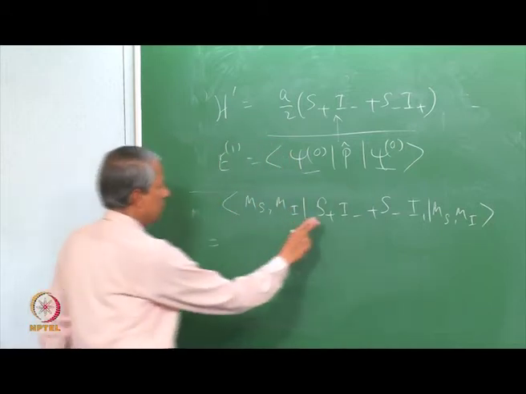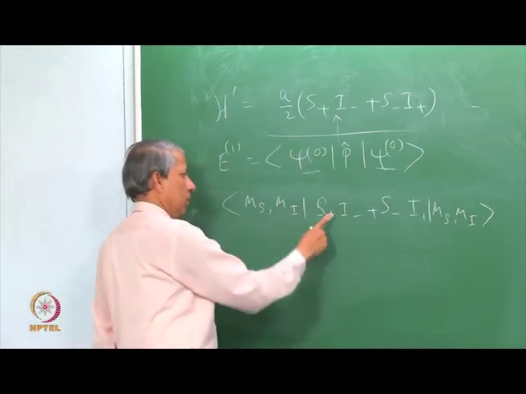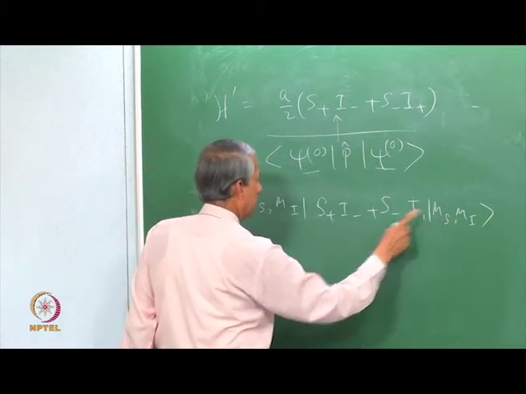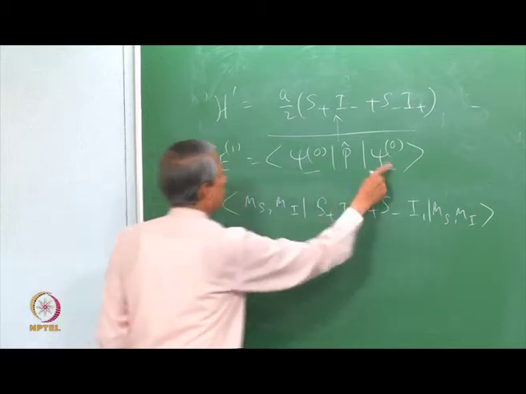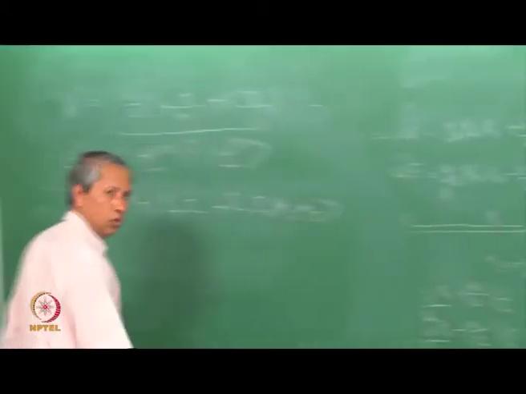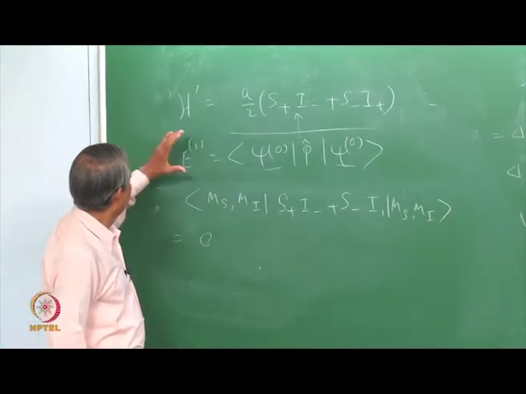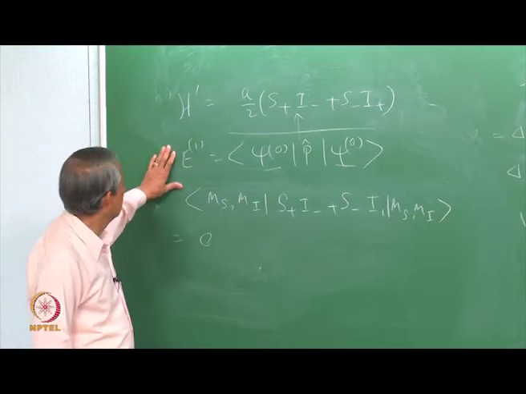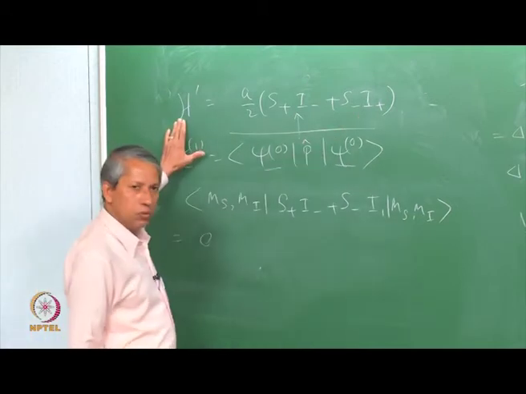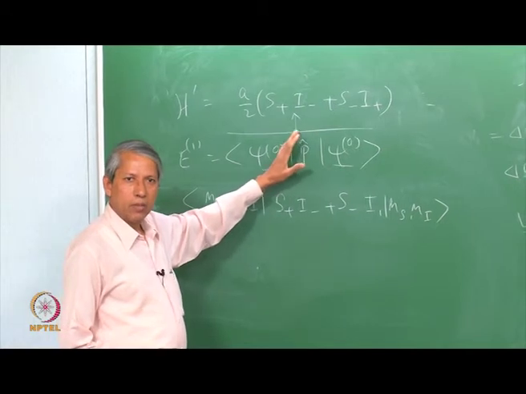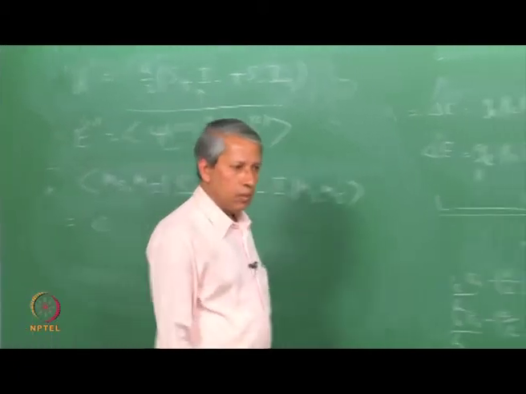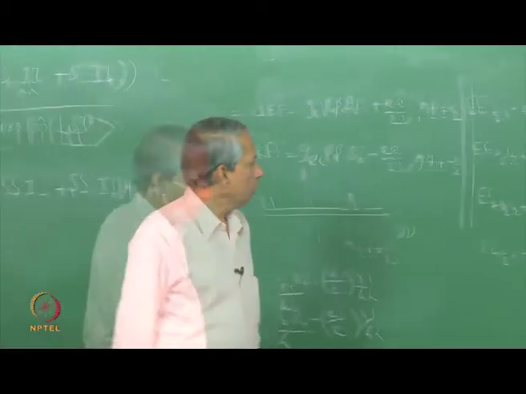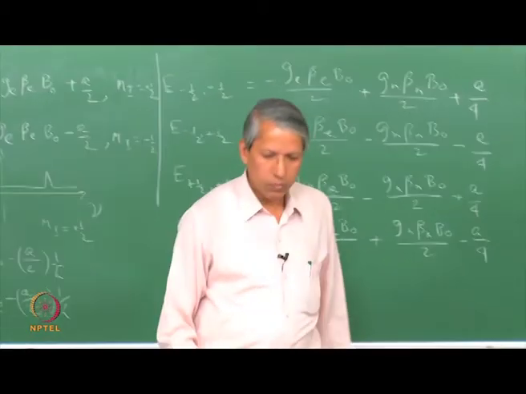Now, because this increases the value of mS by 1 unit, this decreases by 1 unit for nuclear spin. So, this will be 0 for all possible these 4 states that we have here. So, even if we do the calculation of the first order, this term does not contribute to the energy level in any way, nor does it change the allowed transitions there.